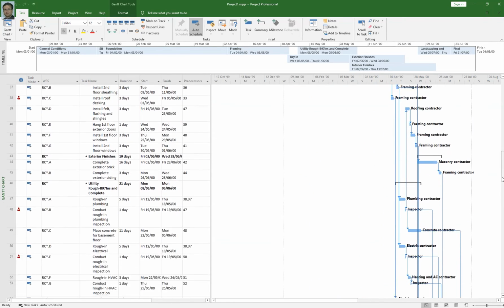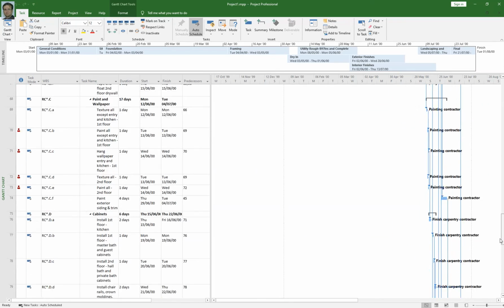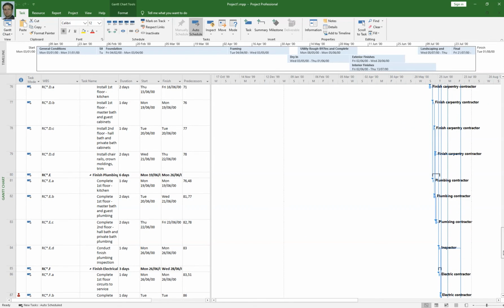In this time scale, you cannot find very easily which activity has which. Like the install second floor hall bath and private bath cabinet activity, how many predecessors and how many successors does this activity have? How will you find predecessors and successors in time scale view easily?